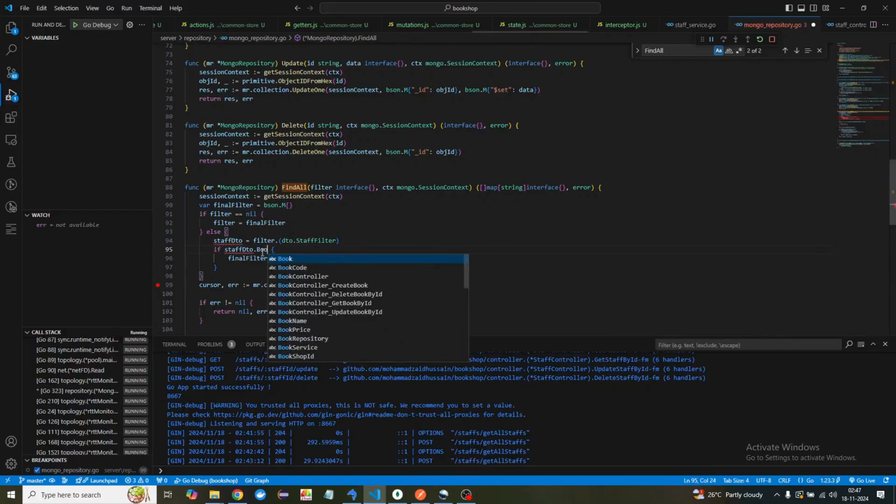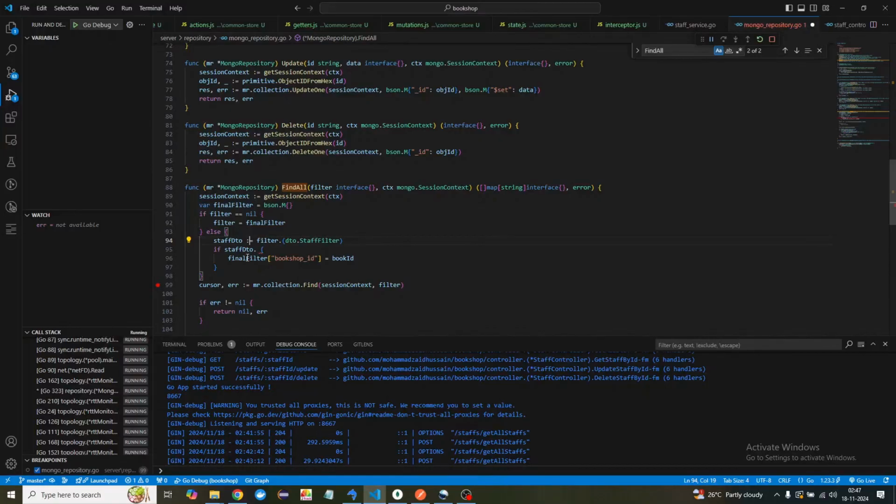Okay, we cannot use directly equals to here, we'll say okay, colon, and then now I'll say bookshop ID, and if this is not nil, of course if data is there it won't be nil, right? So in that case I'm going to say just assign this filter shop DTO, right,